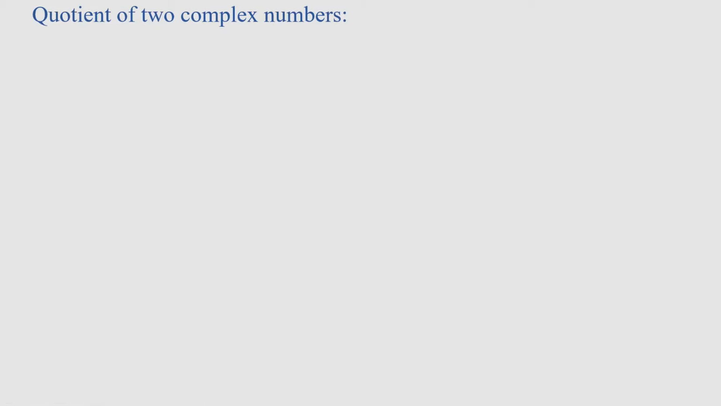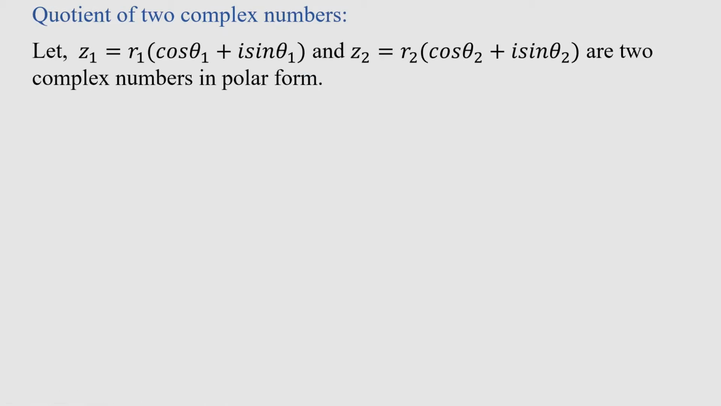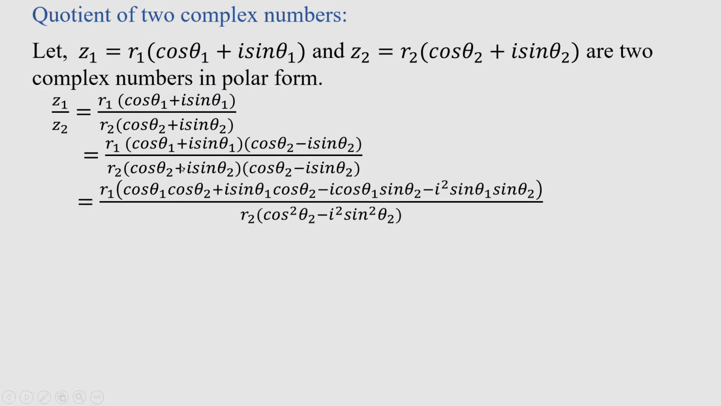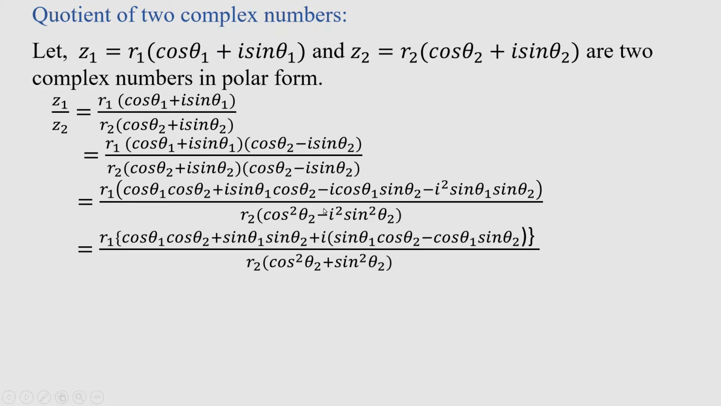Now quotient of complex numbers. Let z1 and z2 be two complex numbers in polar form. Now dividing z1 by z2 you get this. Now multiplied by cos theta 2 minus i sin theta 2 you get this. Now multiplying these two we get this, and applying the formula of a square minus b square we get cos square theta 2 minus i square sin square theta 2. Okay, we know the value of i square is equal to minus 1, therefore minus minus 1 gives plus, so we get cos square theta 2 plus sin square theta 2,